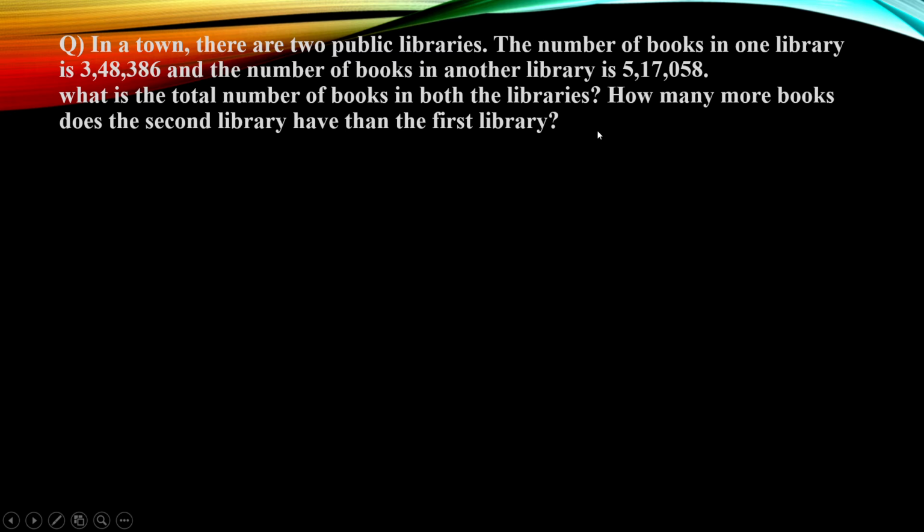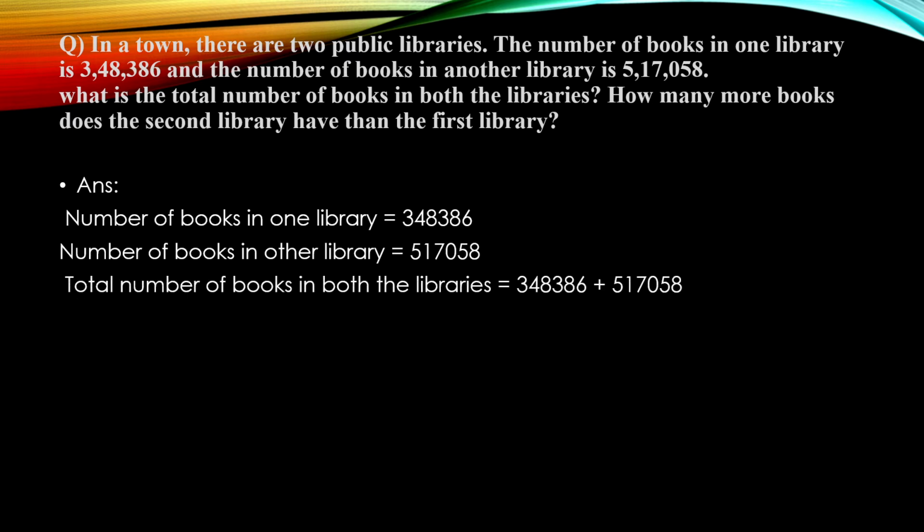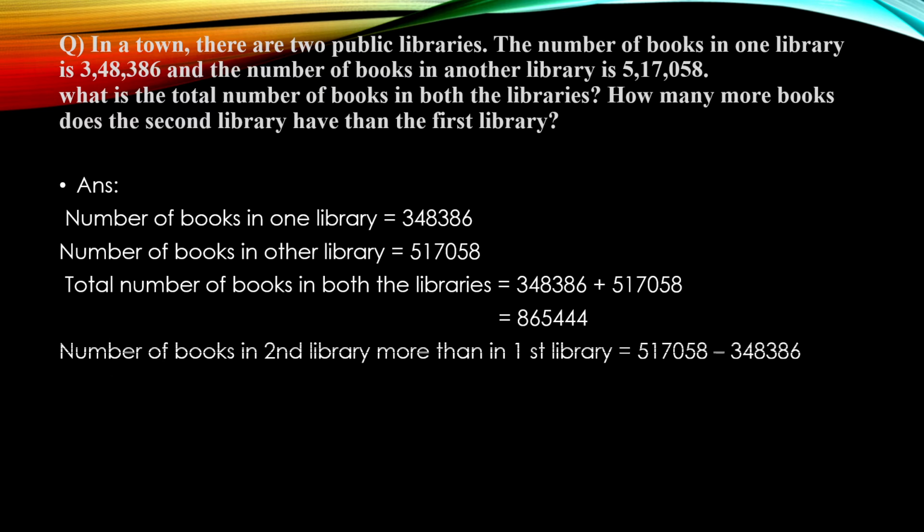Here we go with the answer. So the statement is very important here. The number of books in one library, the number of books in the other library. Total number of books in both the libraries will be, we have to add both of them. Then we get 8,65,444. And here we have to find out the difference, that is